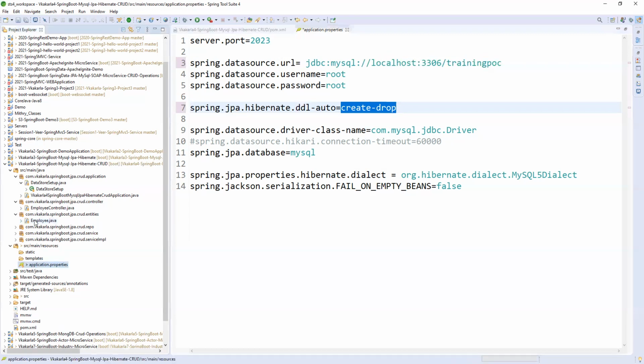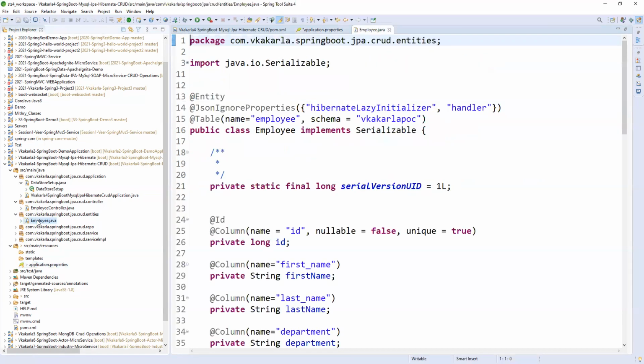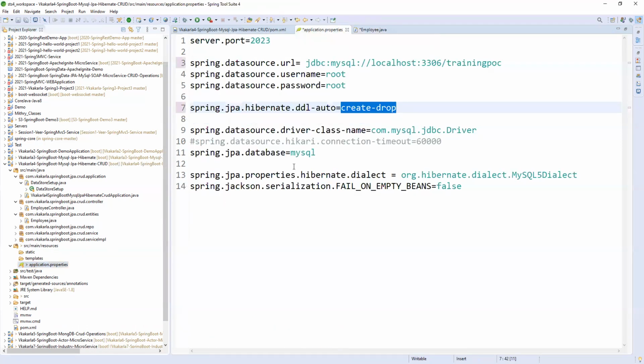If you open the entities, Employee, in this Employee we already gave the table name, and the schema name is optional. You can give it or not. So I'm removing the schema here. The schema is already defined in application.properties.